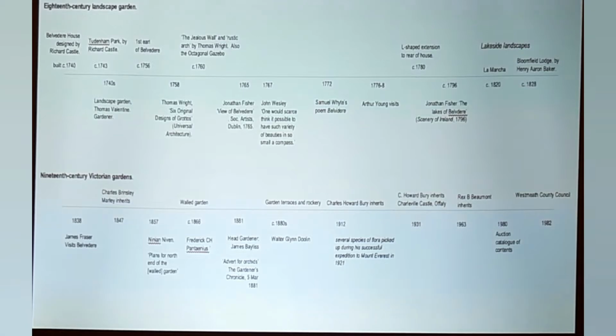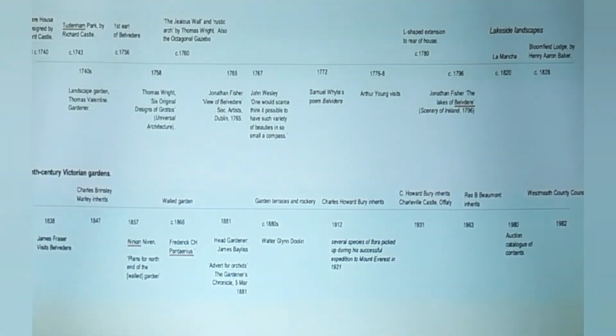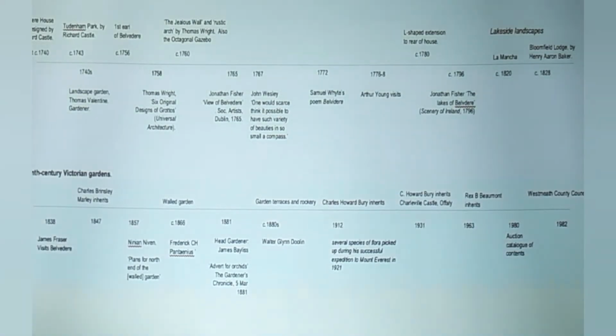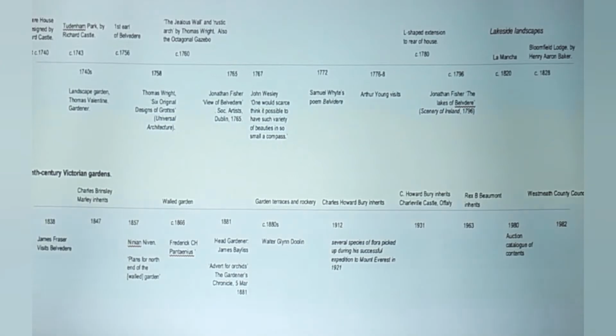And the story of Robert Rochford and his wife, and also Richard Cassells, his architect. And then there's another interesting character we don't know too much about, Thomas Valentine, who may have been the first gardener. And then Thomas Wright, who seems to have been the designer of the grottos, the follies, and the jealous wall, the arch and the grotto, and the gazebo, and then looking at views and